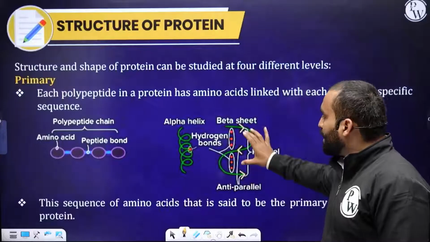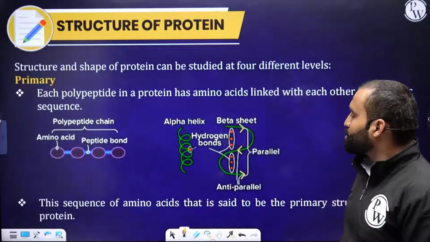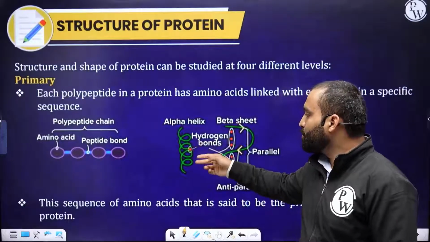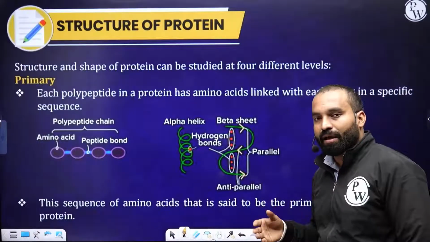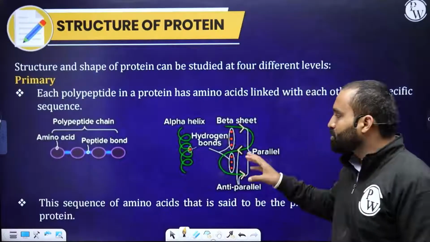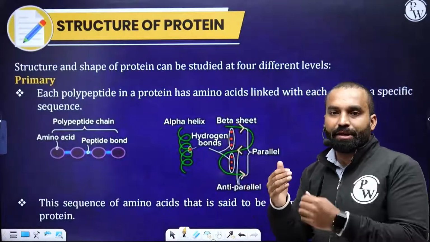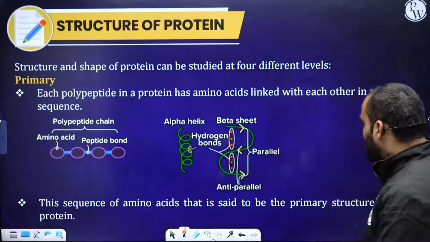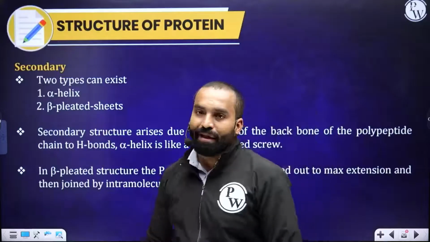Beta sheet. In the same framework, they have got some sort of hybridization. See this alpha helix also has got some sort of hydrogen bonding to stabilize them. This is the reason why some people have curly hair, because these are proteins in the hair. They are connected together via hydrogen bonds, or sometimes disulfide bonds also. Okay. So there is secondary structure, as I just showed you, alpha helix and beta pleated.